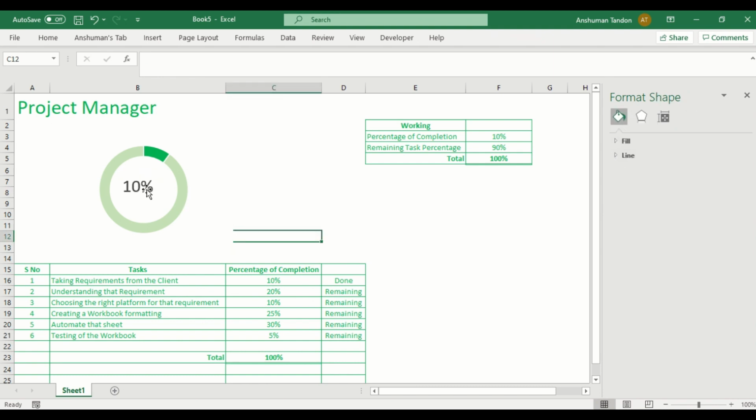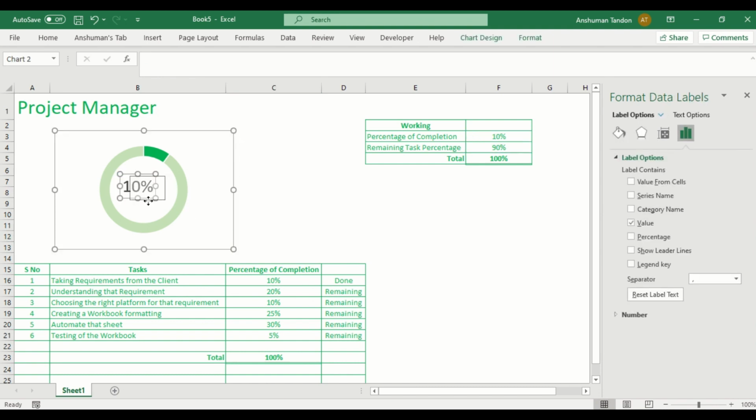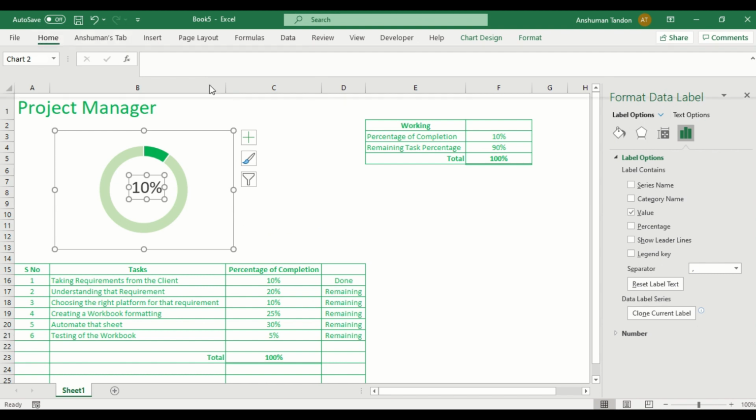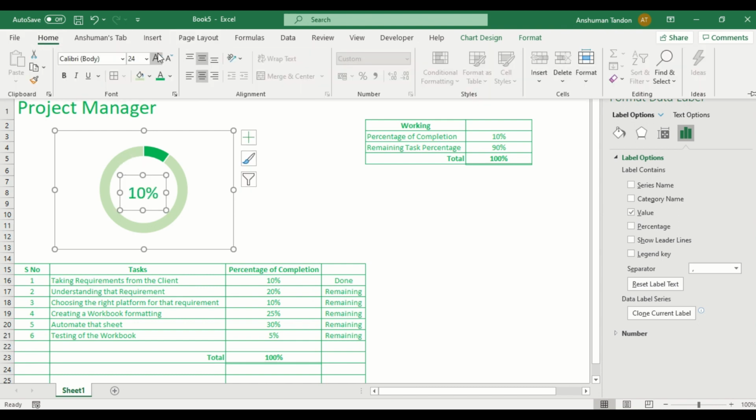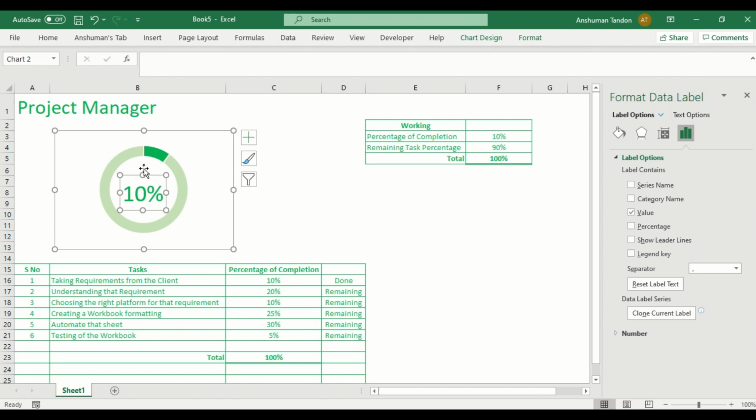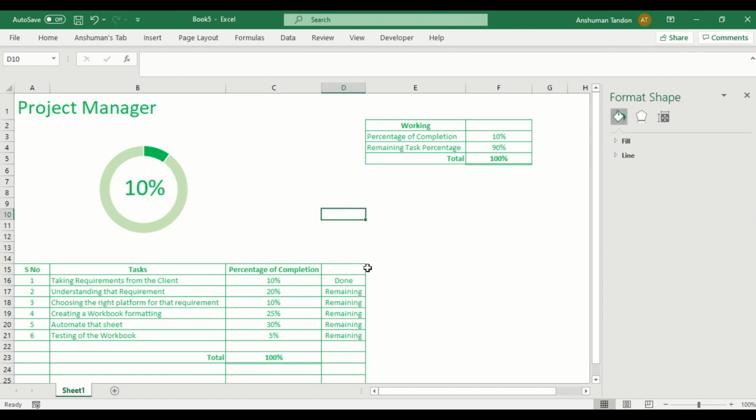Let's put this here and make the color of this text green as well. Let's make it a little bit big so that it will get displayed. Okay, and we can increase the size of this text again. Now you can see that whenever I go and put a done over here, this thing will change.